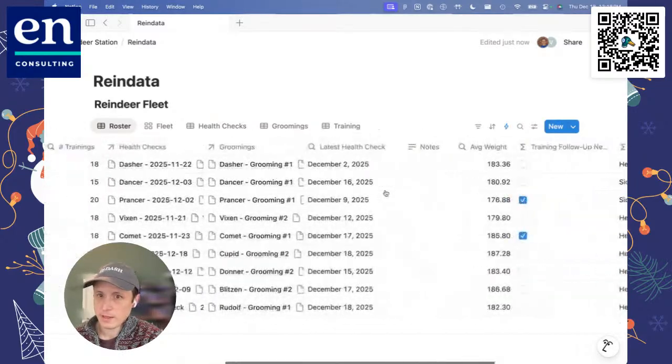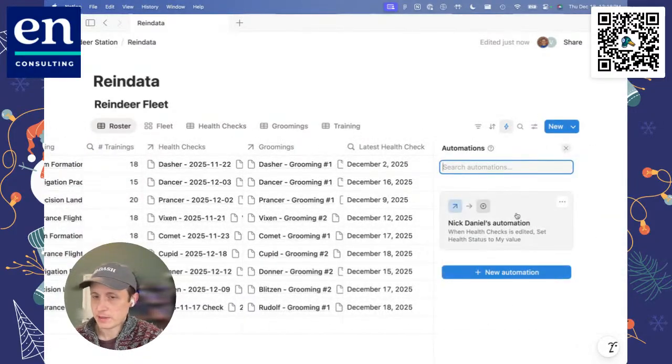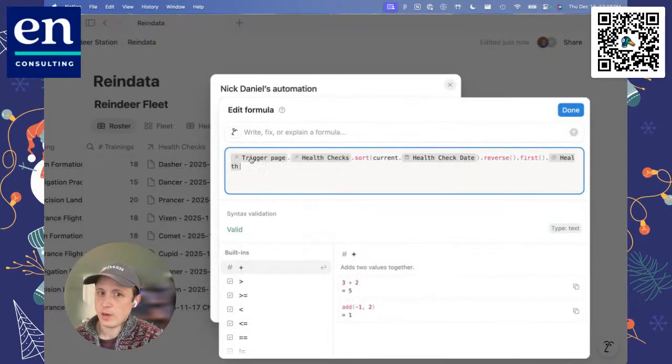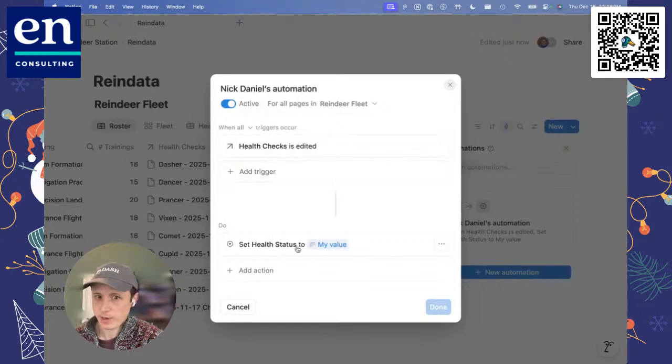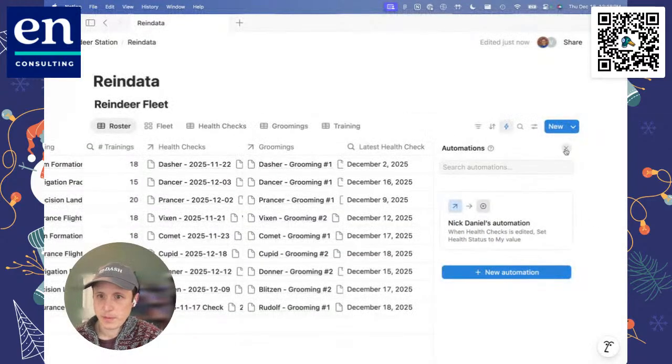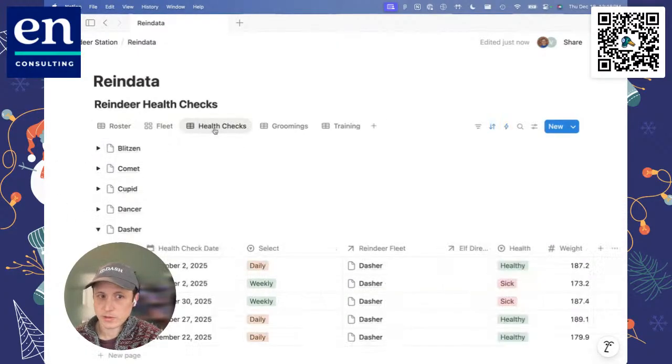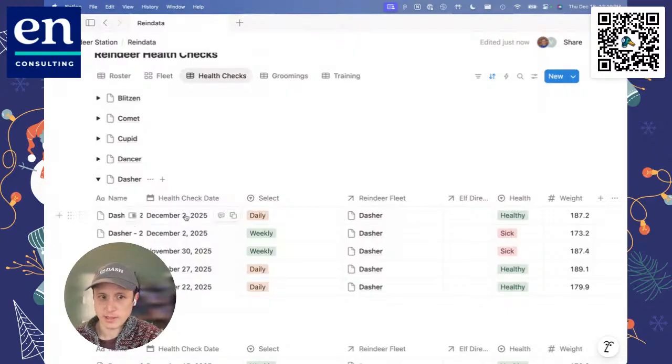So one way, and the way I don't recommend, is using an automation. So you could say, well, when a reindeer gets a new health check, then let's go and find the latest health check and set the health to the health status property. So this here is modifying this field. And so if I were to go over to my health checks, go to Dasher and say,